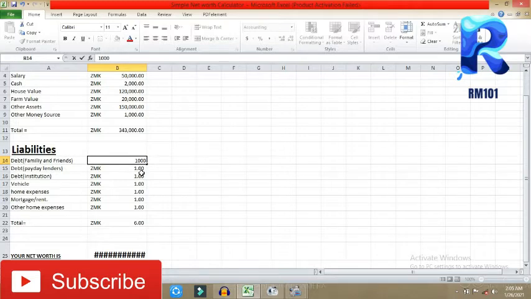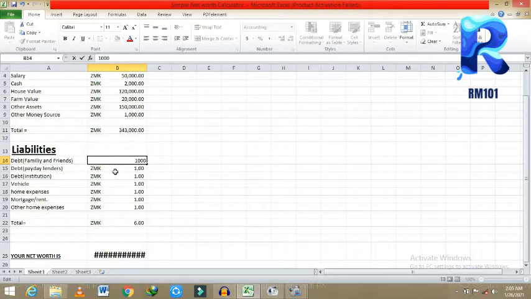Then debt in institutions. We're assuming she owes the bank or any other credible insurance company. She owes them close to 80,000 because she bought a car. Then how much she's spending on a vehicle monthly on average. People spend on a vehicle about